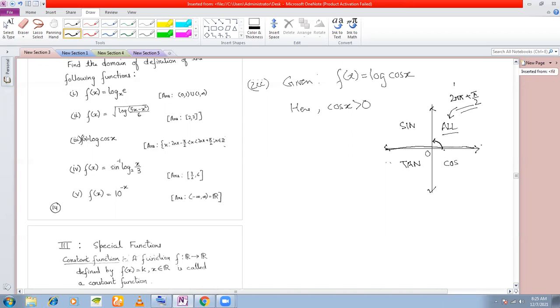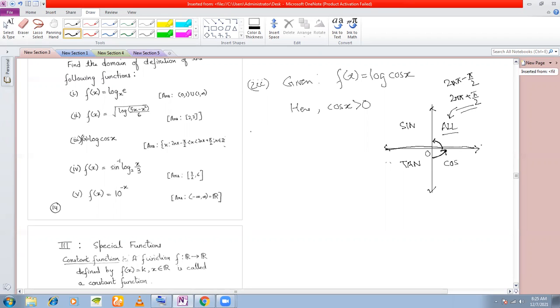What about this? How do you cover this quadrant? This must be 2n pi minus pi by 2 to cover this quadrant. Take n equal to 1. You get 2 pi minus pi by 2. That means fourth quadrant. Take n equal to 2. You get 4 pi minus pi by 2. Again, fourth quadrant, right? After 2 rotations, fourth quadrant. And you can also check with negative values of n also. That is for any positive, any negative or zero values.